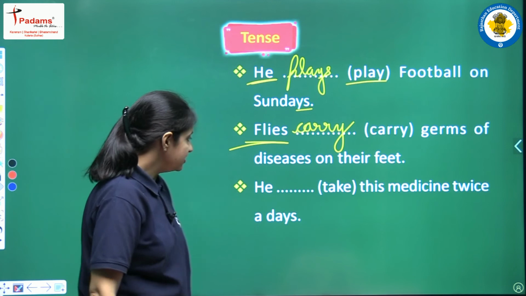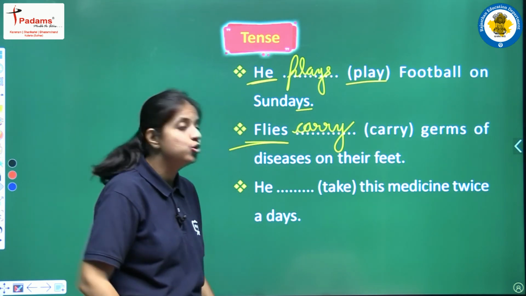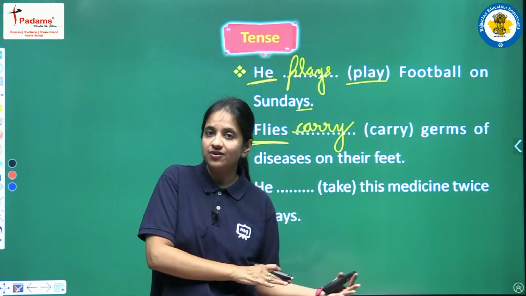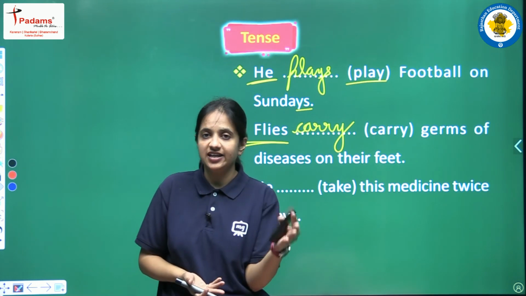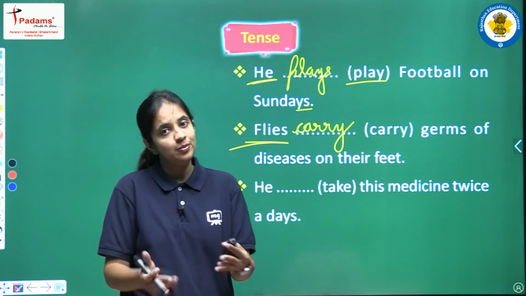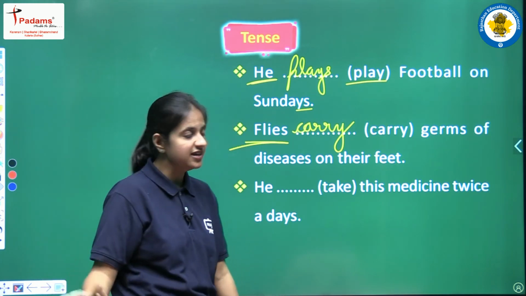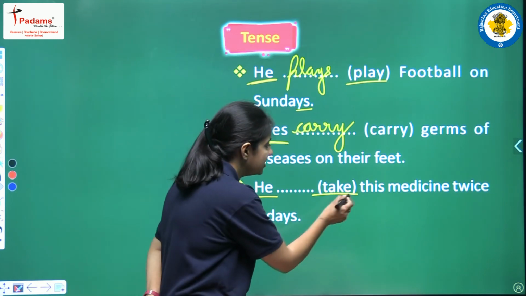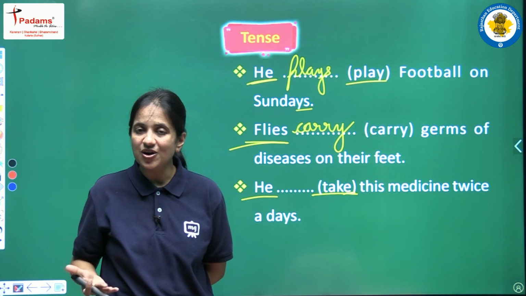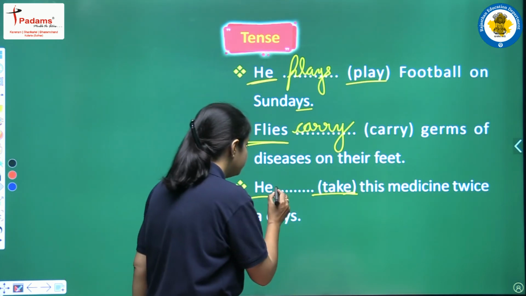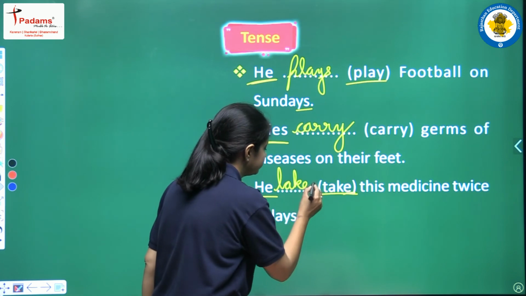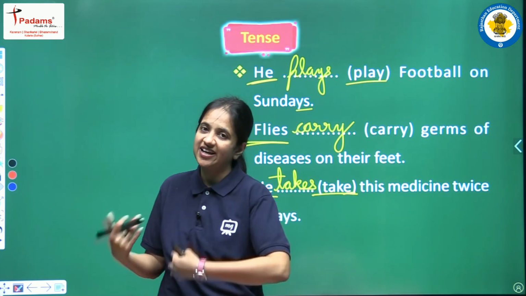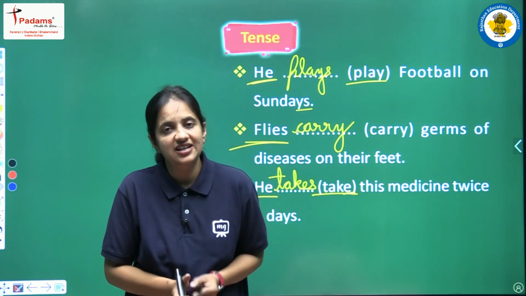Clear? Next is he take this medicine twice a day. Okay, so here we are talking about someone's part of life, that twice a day he is taking this kind of medicine, he has to take this kind of medicine. Okay, so again this is a positive sentence, and we are having he, that is a singular subject, so we will write take, and what do we have to add after it? We have to add s or es, because we are having a singular subject, so we will write takes, and our answer will be he takes this medicine twice a day, thrice a day, twice a year, whatever it will be, we will write our answer in this way.